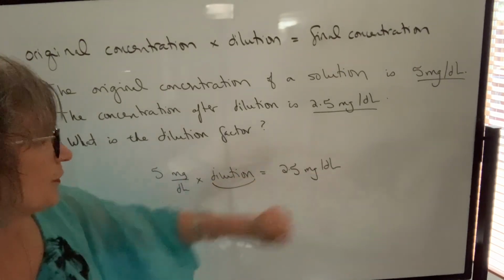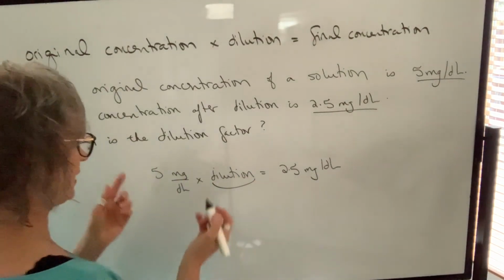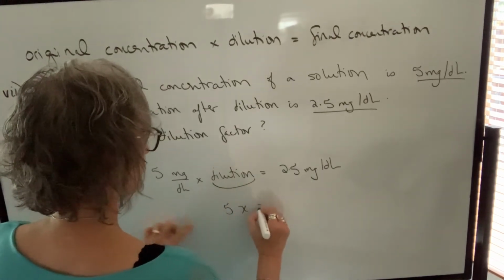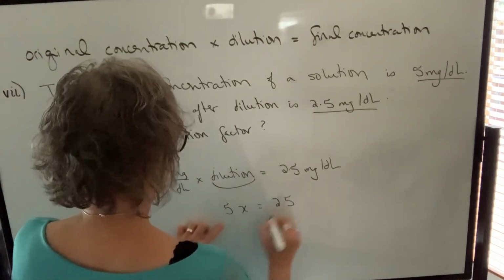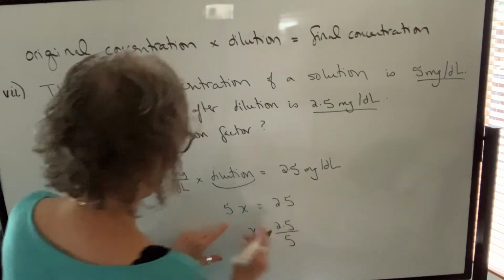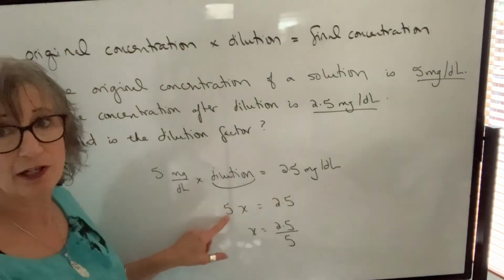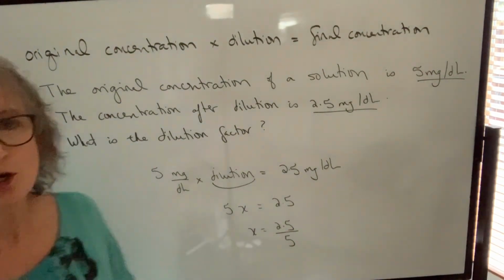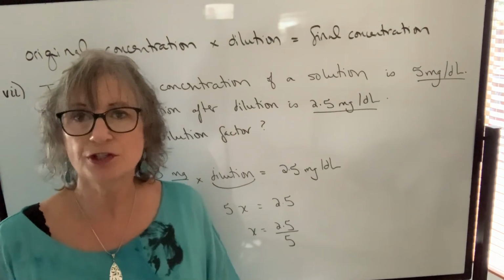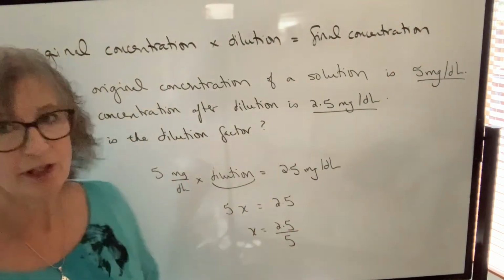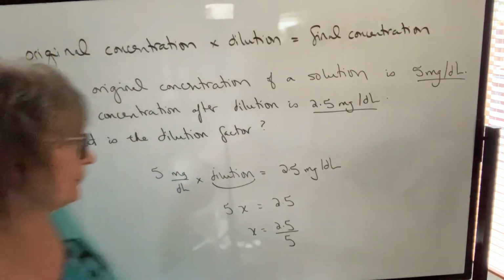Now, because they're both in the same unit, I'm just going to drop them to make it a little bit easier. I'm going to say 5 times the dilution, which I'll call x, will equal 2.5. So x will equal 2.5 divided by 5. We divide both sides of our equation by 5. So our dilution factor is 2.5 to 5. We always want to express dilution as 1 to something. Either we can divide 5 by 2.5 and write it as 1 to 2, or